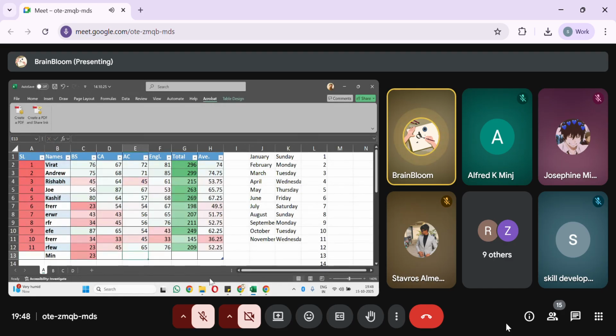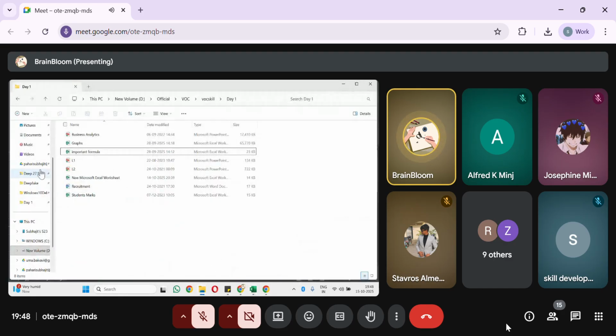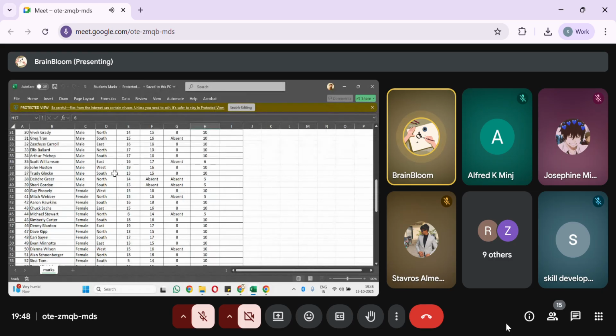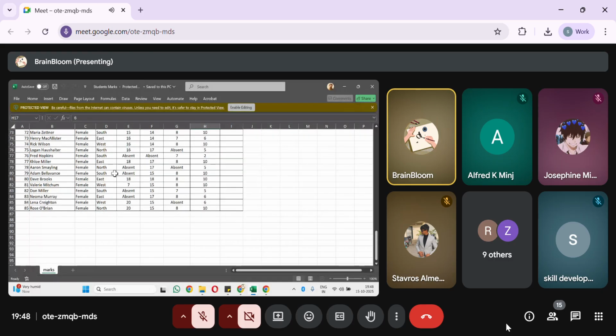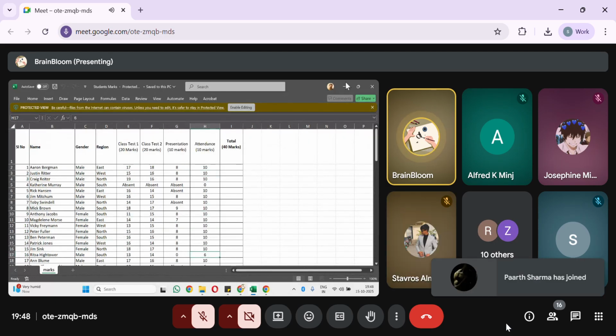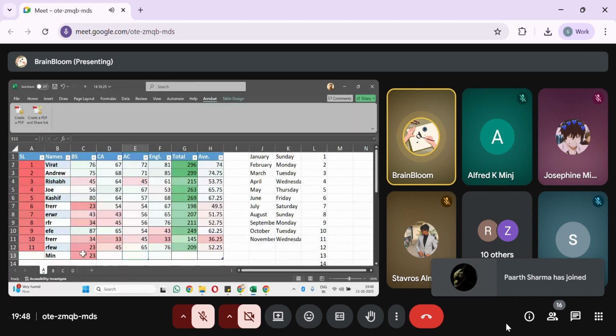But if it is a bigger sheet, right? Let's say the sheet is very large, for example, thousands of students are there, then it would be very difficult to identify because you cannot go manually, right? So there you need a smart technique. What you will do: equal to,